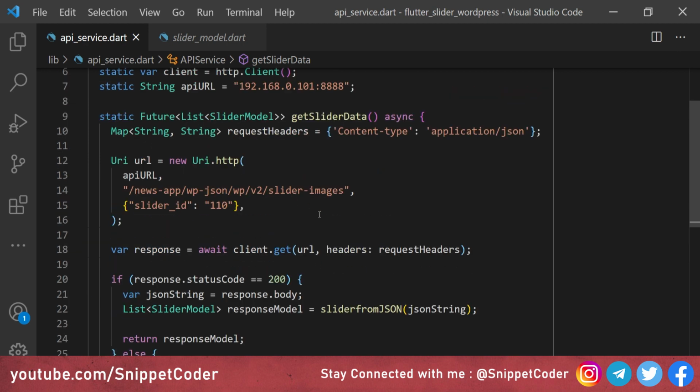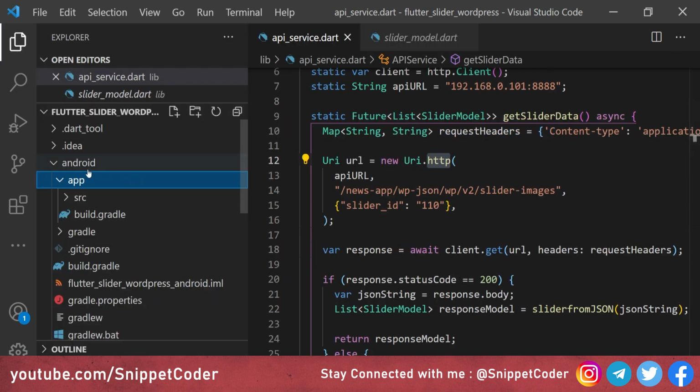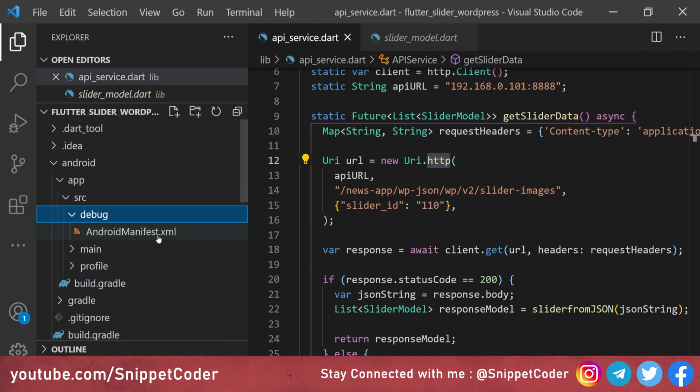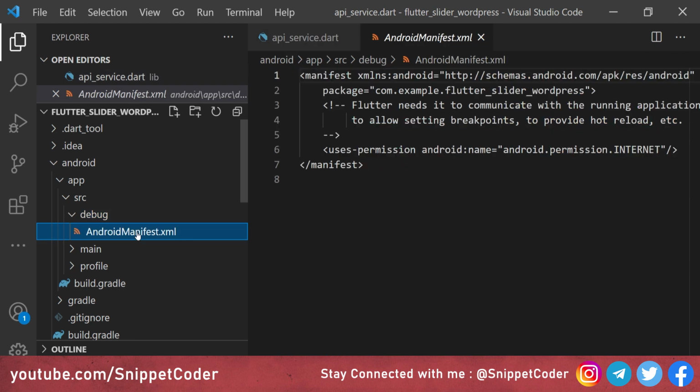Here there is one catch: because we are using HTTP, we have to do some modification in our android.manifest so that we can make HTTP requests also. We go to the Android folder, then inside it the app folder, then the source folder, and there the debug folder, where we have AndroidManifest.xml.